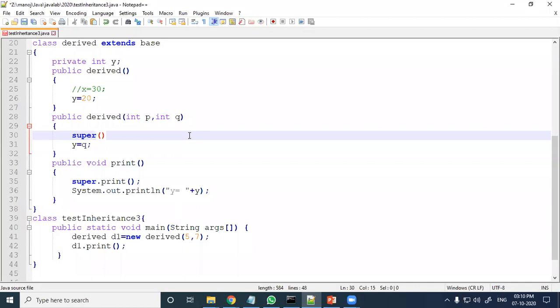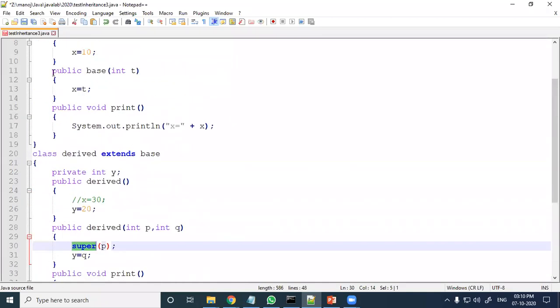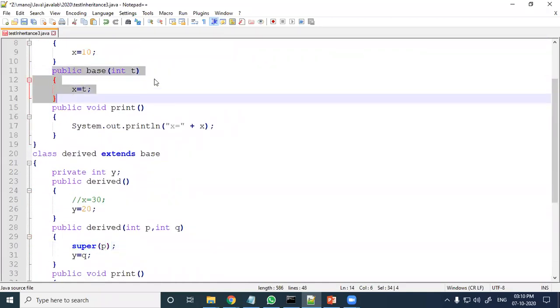Which constructor, default or parameterized, depends upon the parameters you pass here. Super is a reference to the parent. Here I am passing p to super, so the parent constructor will be referred to with one parameter. Now the constructor receiving a single parameter will be executed.